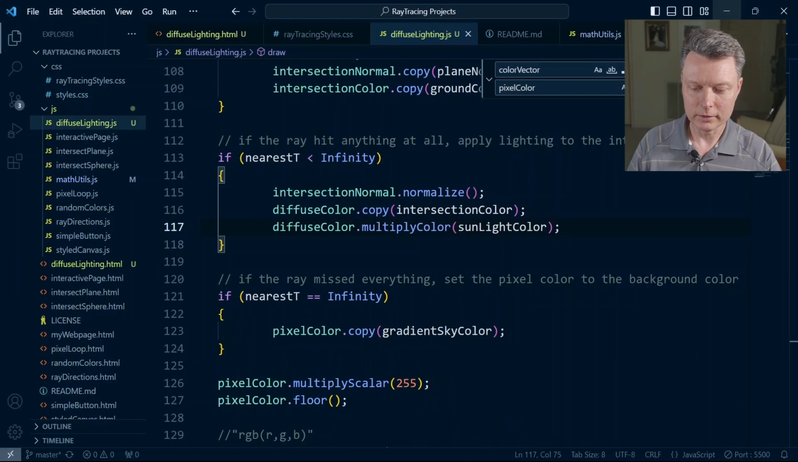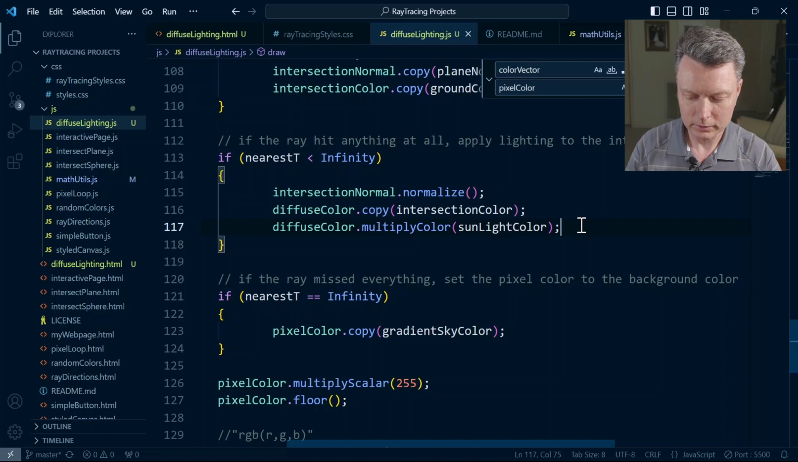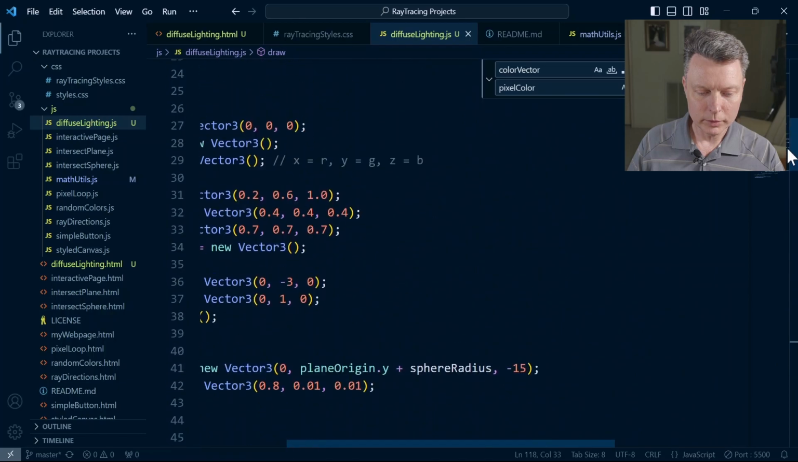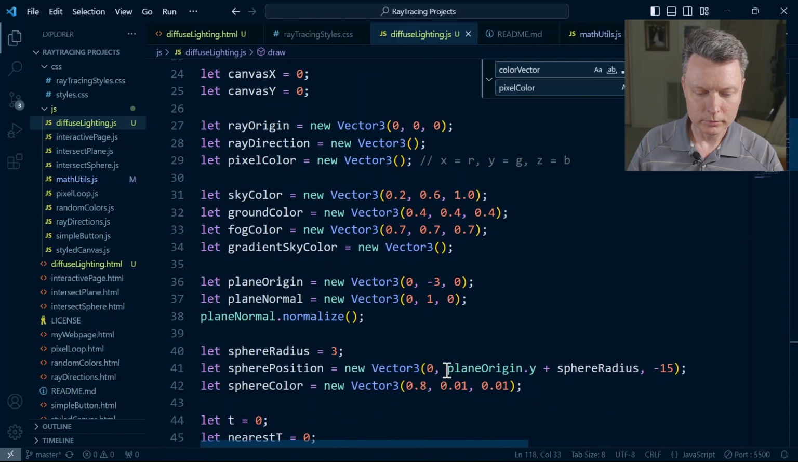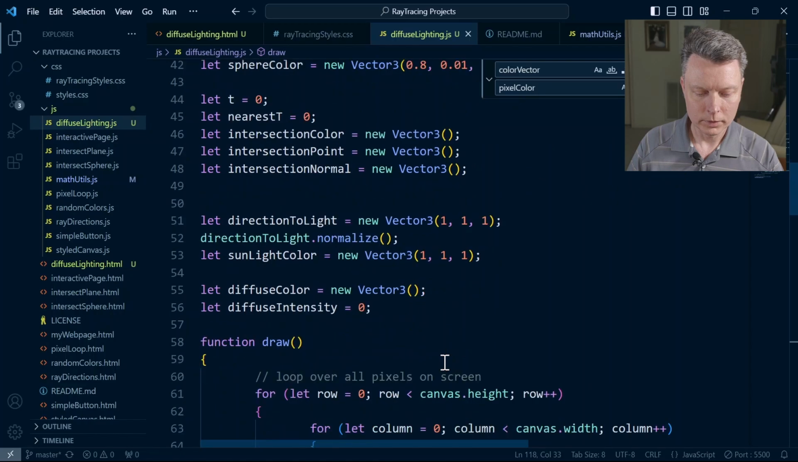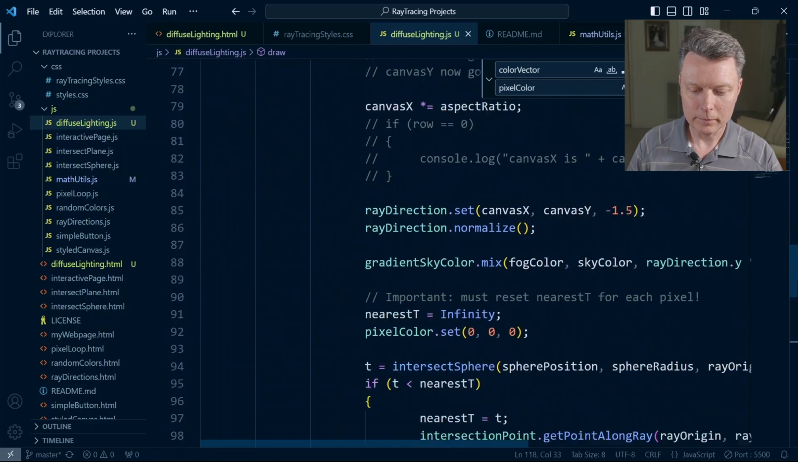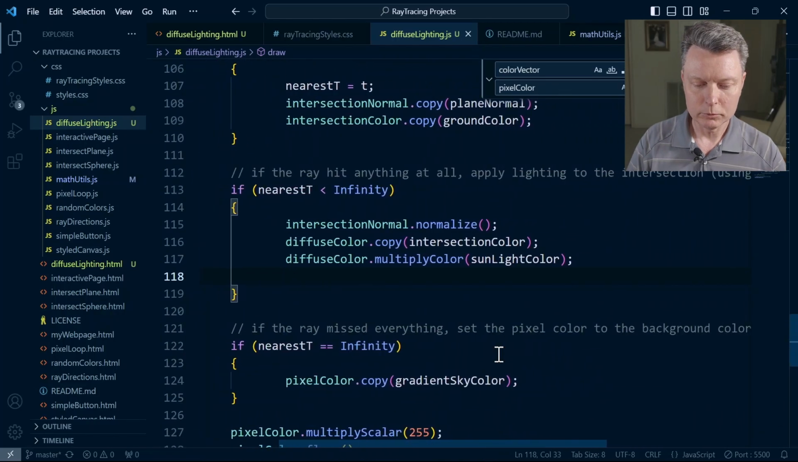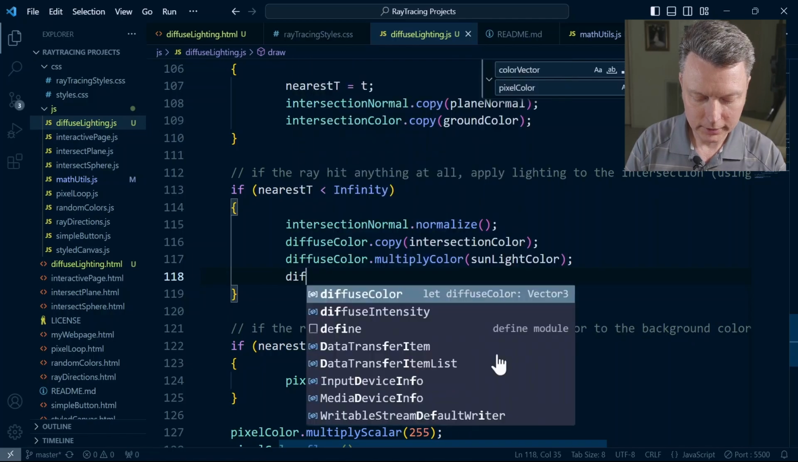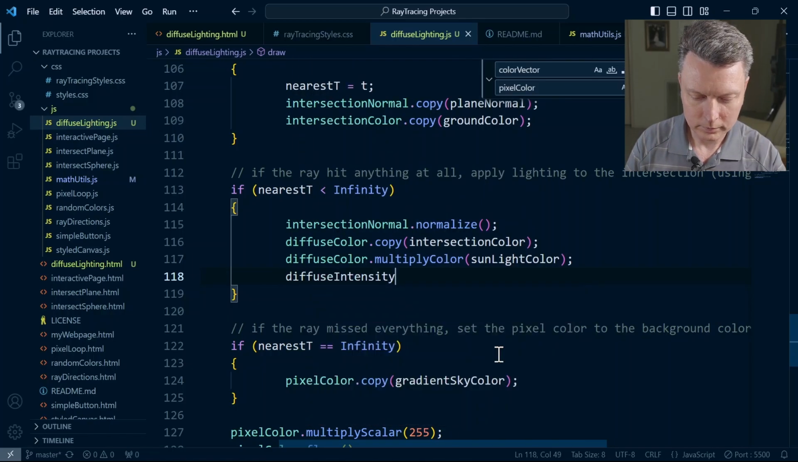So let's do the dot product now between the surface normal and the light direction. And real quick, up here, we had called this variable diffuse intensity. So that will hold the number that we get back from the dot product that we're about to do. That diffuse intensity will tell us how bright to shade the object at that point on the object, and we'll use that variable name. So diffuse intensity equals,